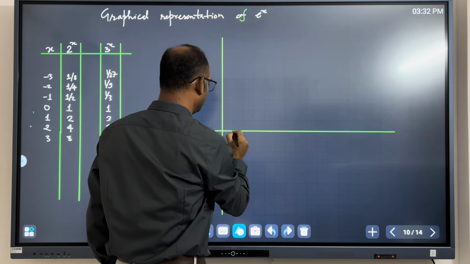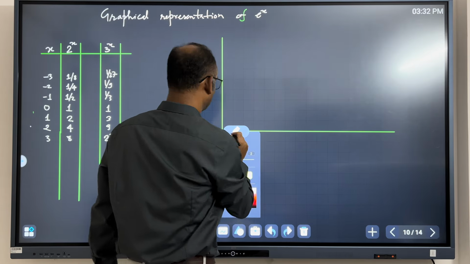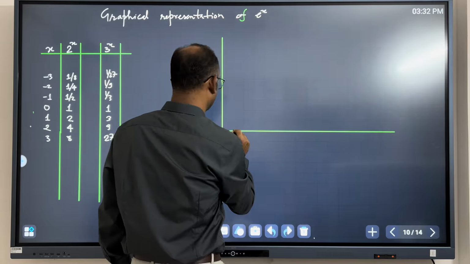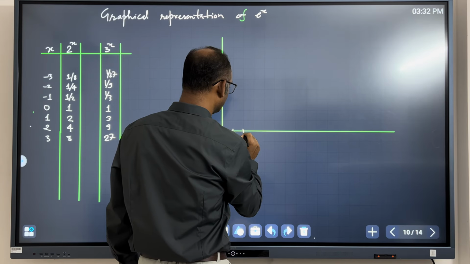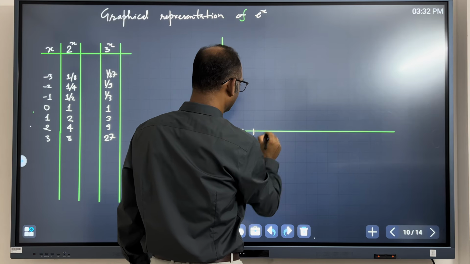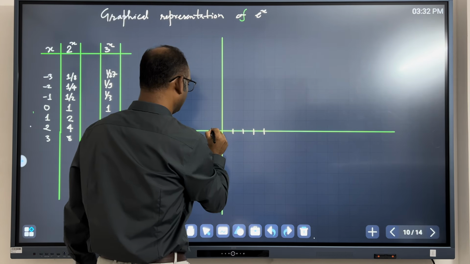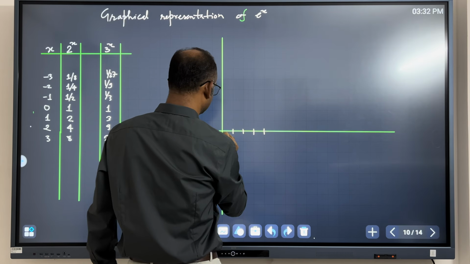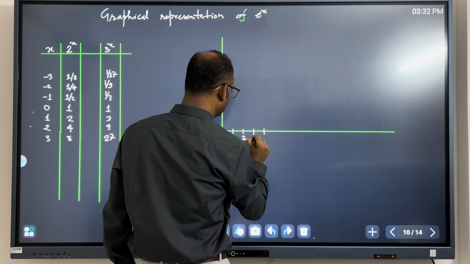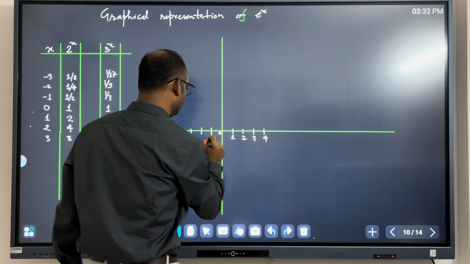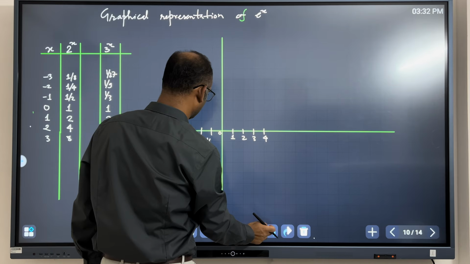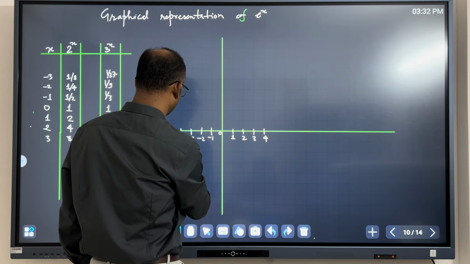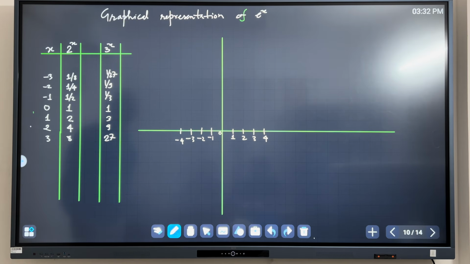So I have here 1, 2, 3, 4, minus 1, minus 2, minus 3, minus 4, okay? And this is 0. So 0, 1, 2, 3, 4. And minus 1, minus 2, minus 3, minus 4. Okay? So let's look at